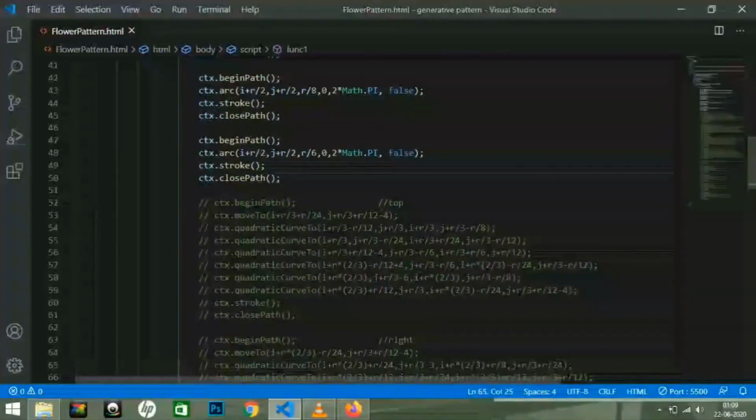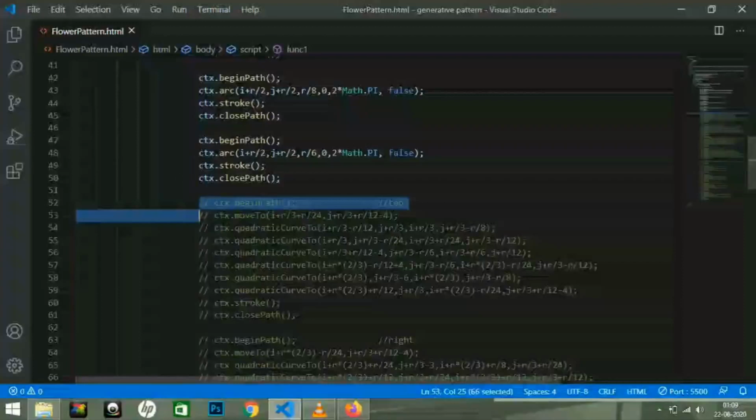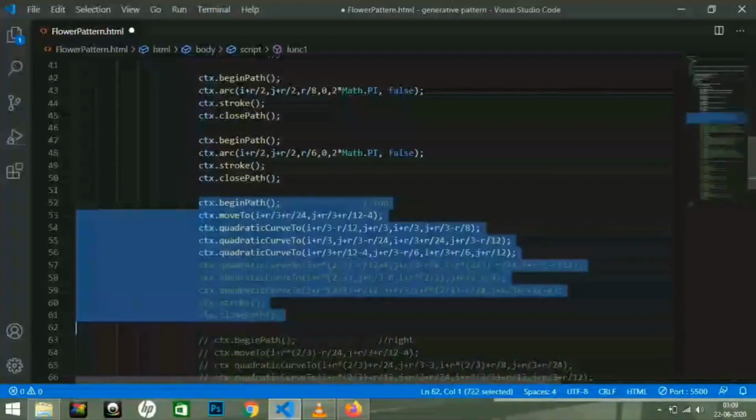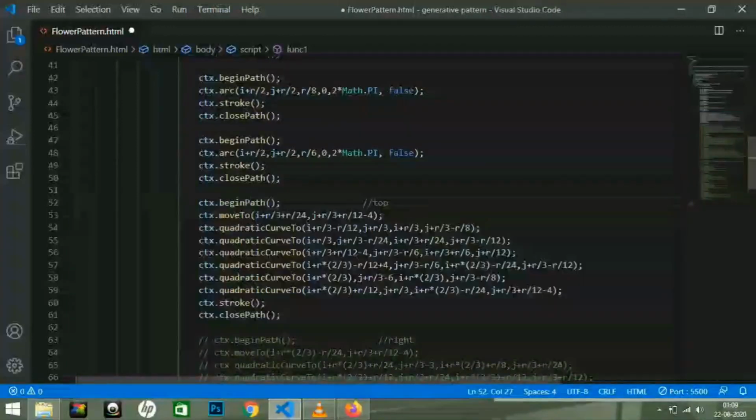For this, I have used two inbuilt functions, moveTo and quadraticCurveTo. The moveTo method consists of two parameters. These two parameters are the coordinates of the context point. The context point is nothing but the starting point of the curve, from where the curve is going to start.